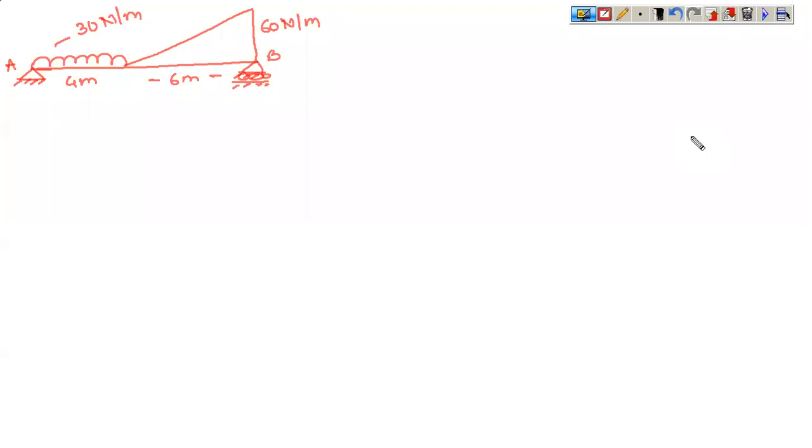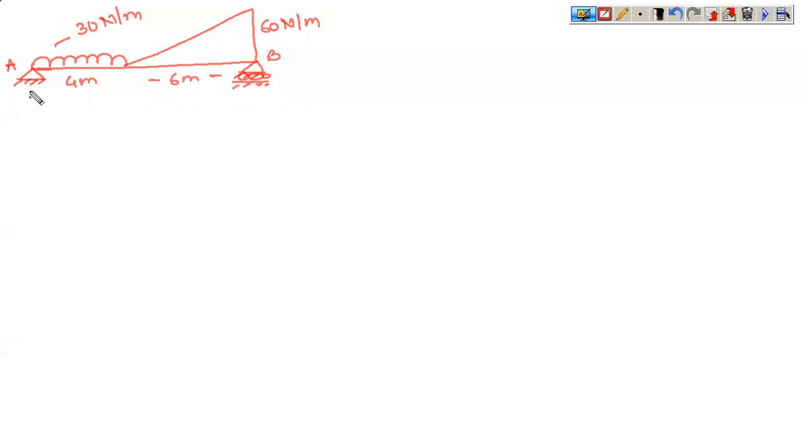Now this is again a simply supported beam. It carries two different types of load. You can see that with every problem, I'm changing the type of load so that you try to understand all different types of loadings. So again, this is a simply supported beam. Here you have a hinge support.